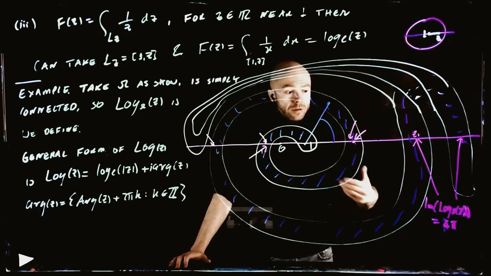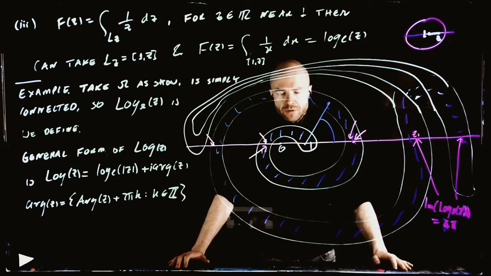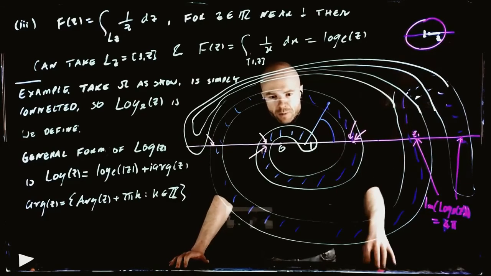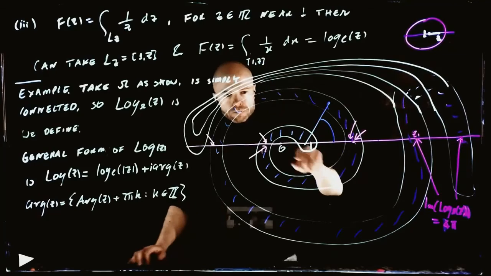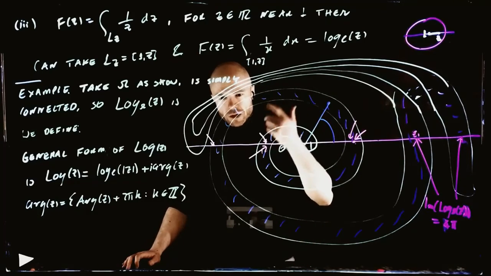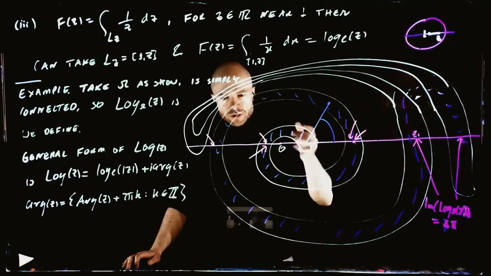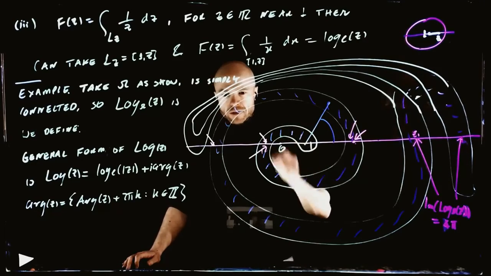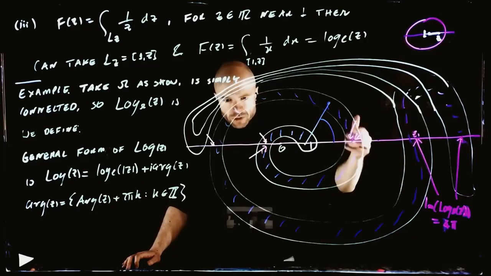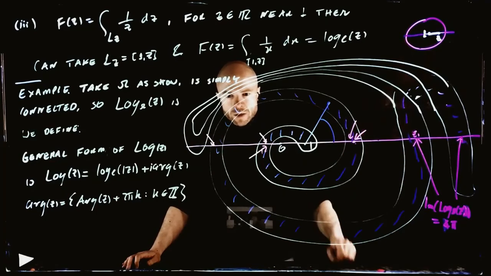So we have much more freedom, much more power in our ability to define a complex log. We can define complex logs now on any domain that excludes 0, which we want to exclude because there's going to be a singularity there, so it won't be holomorphic. We want to include 1 just because it's convenient, so we can take that as a starting point and have something which is consistent with the ordinary log on real numbers.